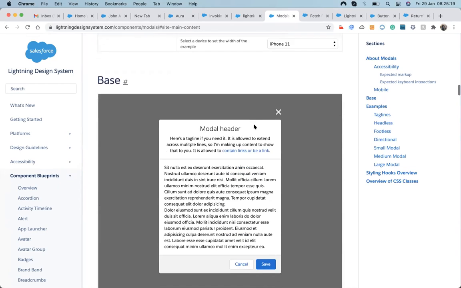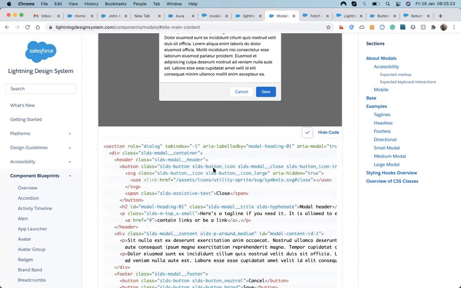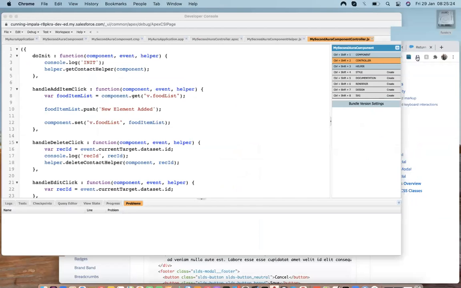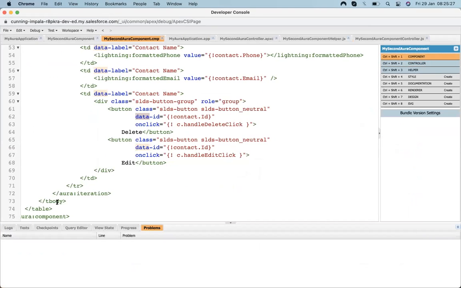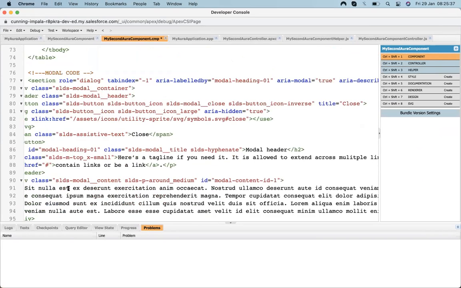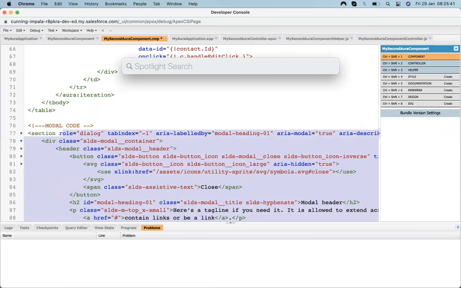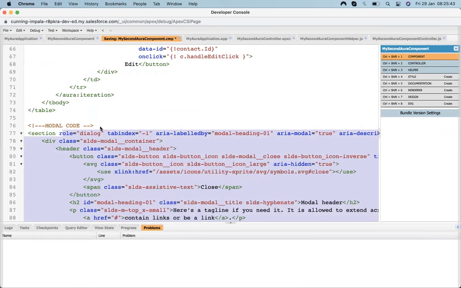Let's copy this code and paste it in our component. Let's put a comment, modal code, and I pasted it here. So I hit save. I need to make changes.